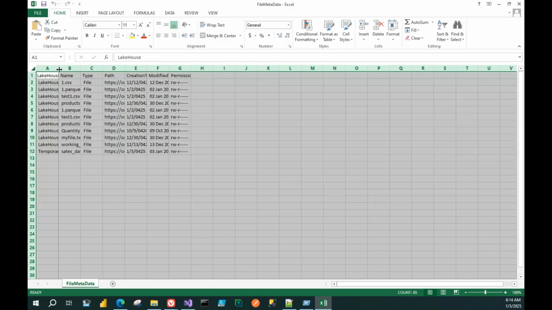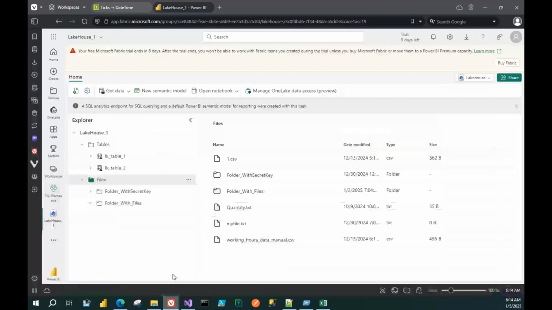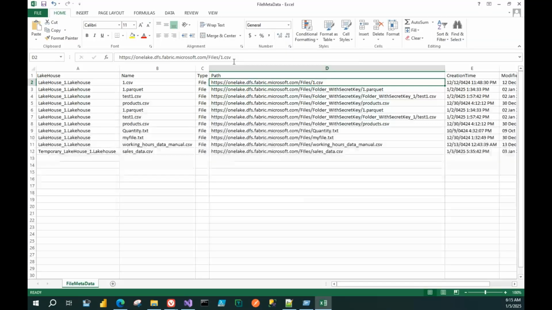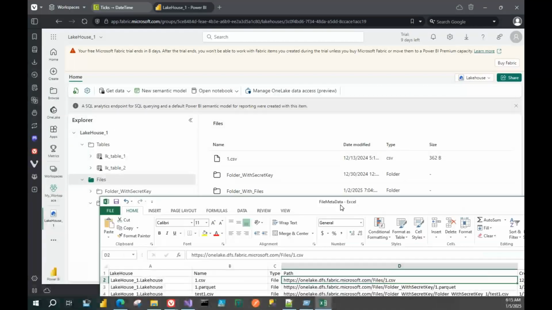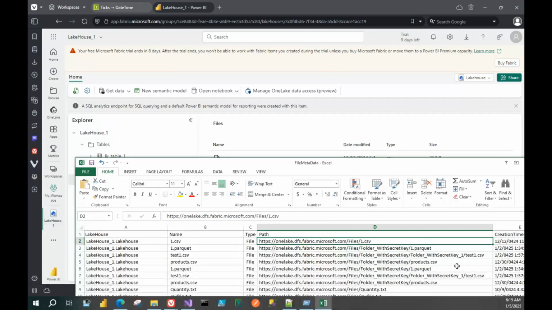So these are the details. We have the CSV file along with the path, one.csv, and we'll cross-check with the tenant, sorry, in the UI. And as you can see, we have the one.csv under the root folder, that is the files folder, and then we have one.parquet